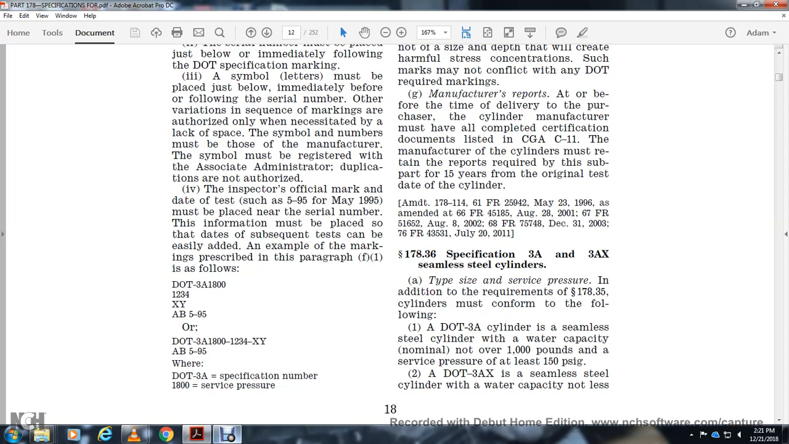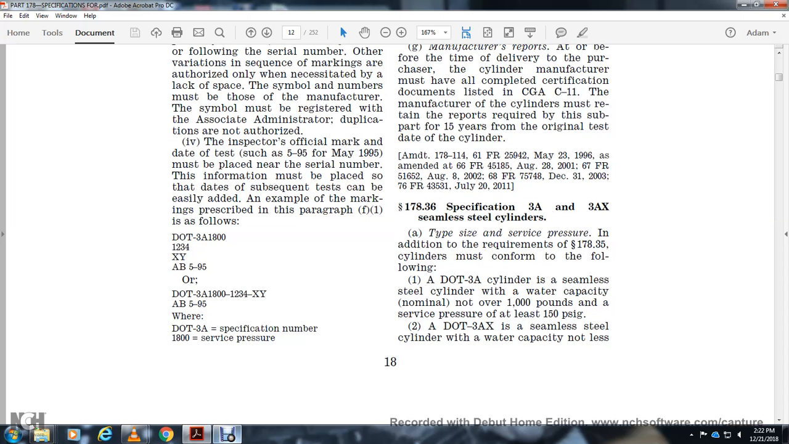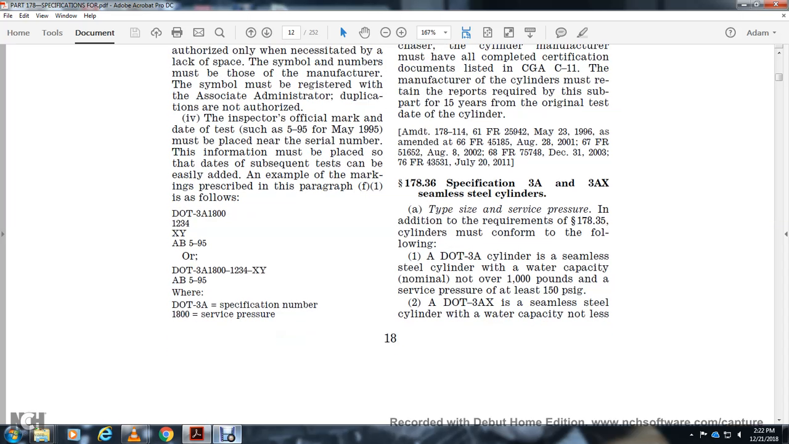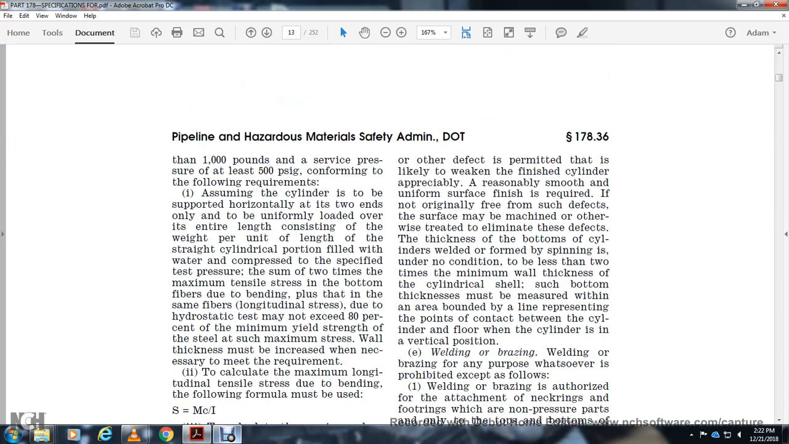Specification 3A, 3AX stainless steel cylinders, type, size, and surface pressure for the additional requirements of 178.35. A cylinder must conform with the following. A 3A seamless steel cylinder, water capacity not over 1,000 pounds, surface pressure of at least 1,500 psi gauge. A 3AX seamless steel cylinder, water capacity not less than 1,000 pounds, or surface pressure of at least 500 psi gauge, must conform with the following requirements,